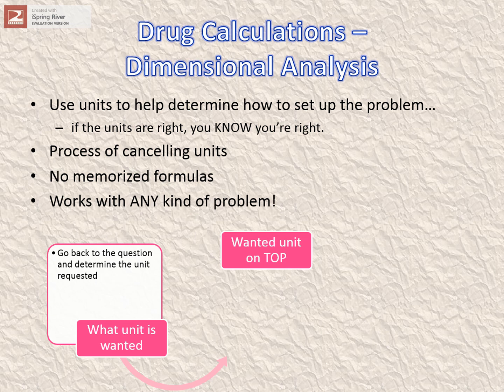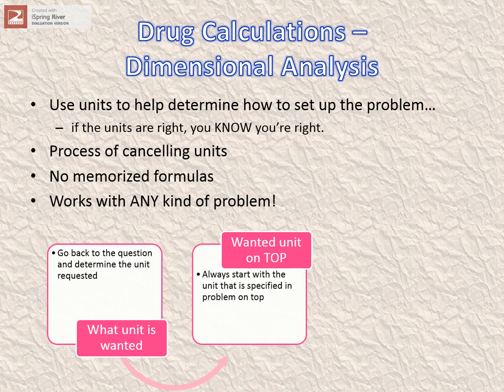You put that wanted unit on top. If it's tablets, you put tablets on top. If it's milliliters per hour, then the milliliters is on the top and the hours is on the bottom, because that per means a fraction bar, which means you put the other one on the bottom. So you always start with the unit that is specified on the top of the problem. And then you're going to fill in your other units via